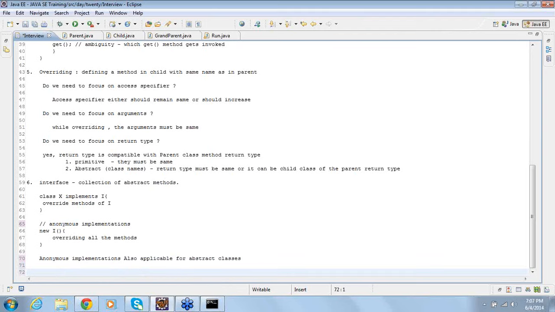Next question. What is the significance of hash code? Hash code is a method.